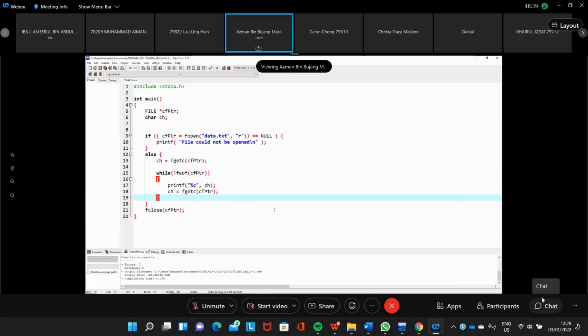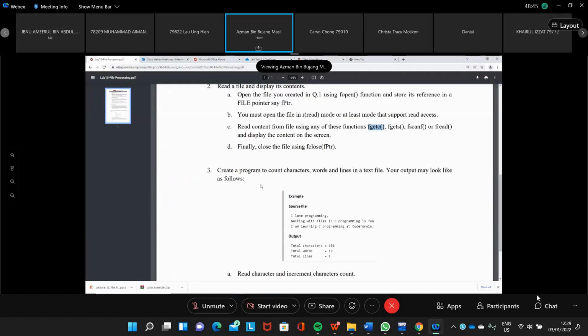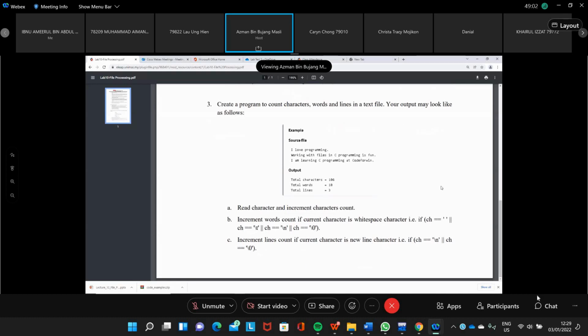And then another one. Number 3, create a program to count characters, words, and lines in a text file. We have a file like this. The output should give us the number of characters in the file. How to count the number of characters?